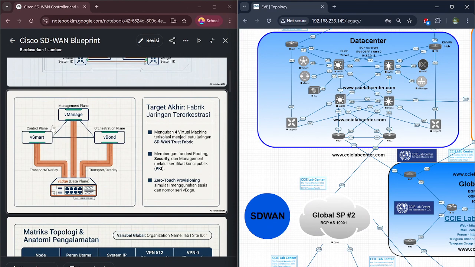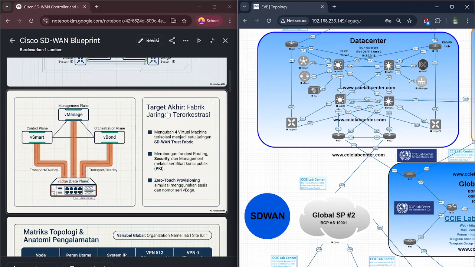Okay, this is the control plane, vSmart. This is the transport or overlay. This is the vEdge or data plane, and the management plane. This is vManage. This is the data plane too, and the authorization plane is vBond. This is the transport or overlay.